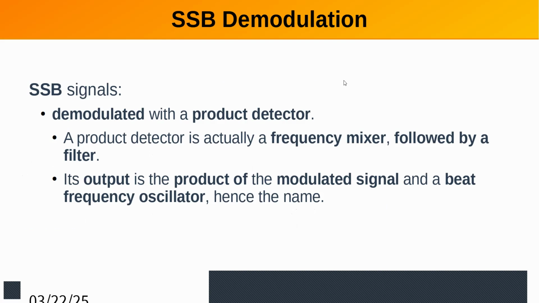Okay, so now if I've got a single sideband, I can't use the envelope detector because I don't have a modulated carrier. I just have baseband frequencies shifted in frequency. So I have to use what's called a product detector. And it's actually another mixer where we inject, sometimes they call it a beat frequency oscillator, because what it's trying to do is recreate the carrier frequency, or usually the IF frequency at that point,